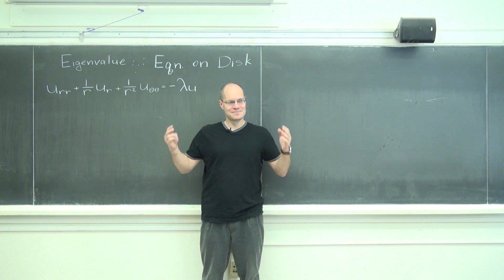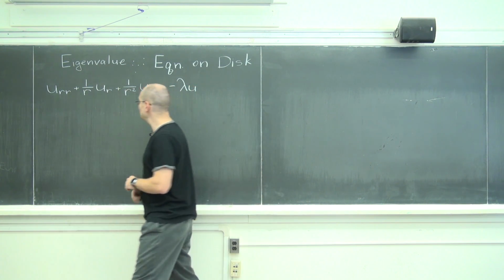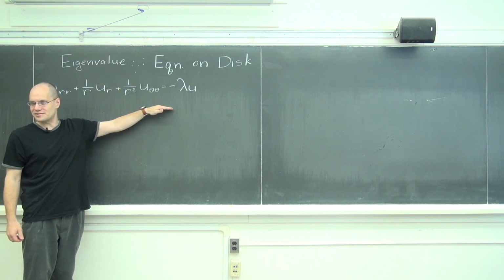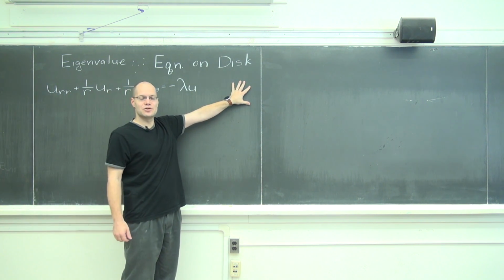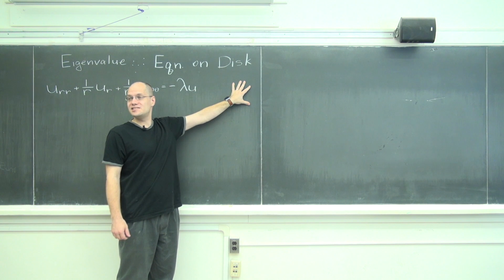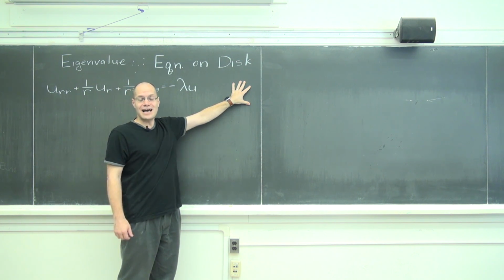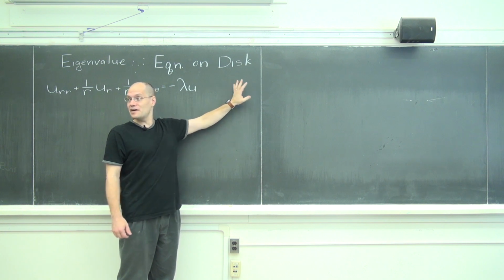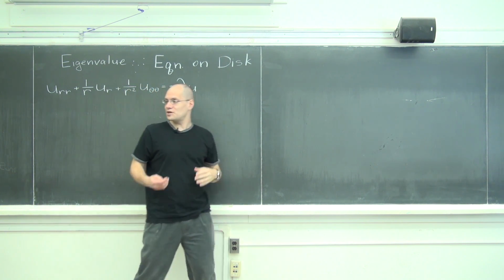Okay, finally, the eigenvalue equation on the unit disk. Of course, we are once again in polar coordinates. We're going to go for zero boundary conditions. Zero boundary conditions. That condition will quantize the spectrum in a very interesting way,